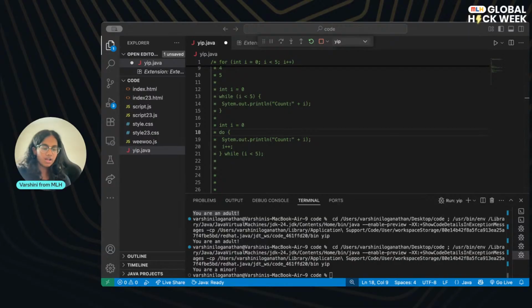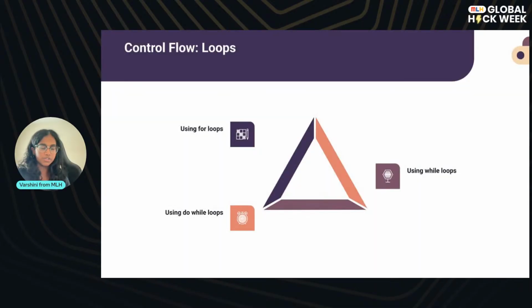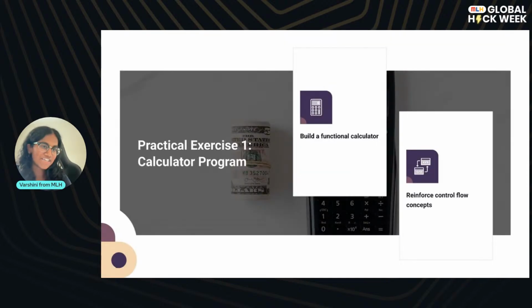So those are like a quick introduction into what loops are. And loops should genuinely be your go-tos when you're working with things like arrays, real world examples like menus, and just tasks that are very repetitive. That way you're not coding the same thing over and over again, and you can just use a loop to automate it. So now we're going to move on to an exercise.